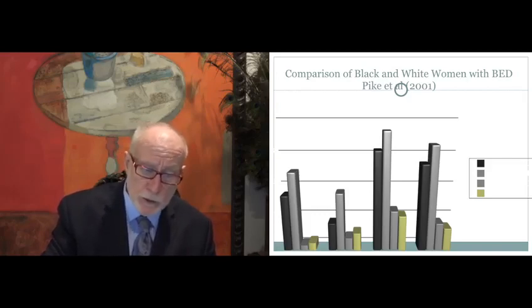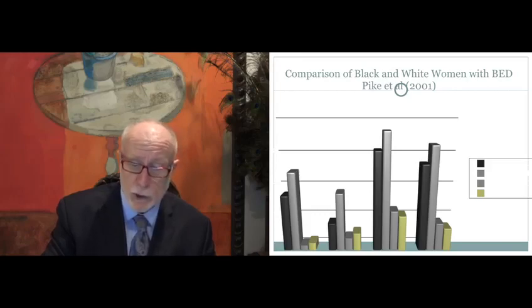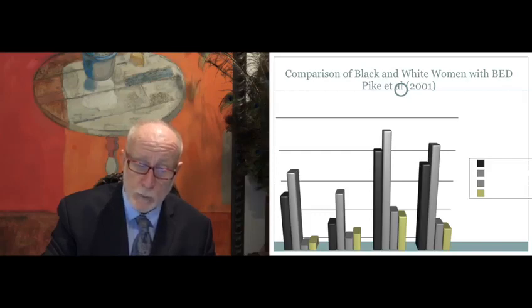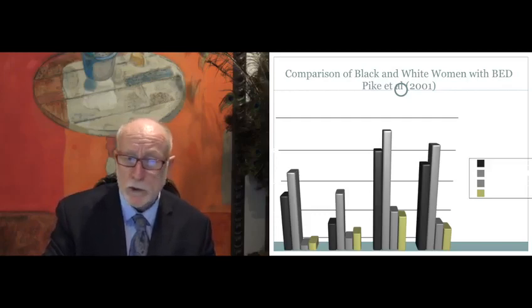So you can see eating concern, in every single instance, whether it's eating concern, dietary restraint, shape concern, or weight concern, the white sample of binge eating disorder women is higher than the black sample. So there's variability across those four different dimensions, but in every single instance, the whites outdistance the blacks. So the patterns and robustness of symptomatology can vary by race. I just want to put that in as a cautionary note, because you do see variability by gender, you do see variability by racial group or culture, and it's important to take that into consideration when you're doing